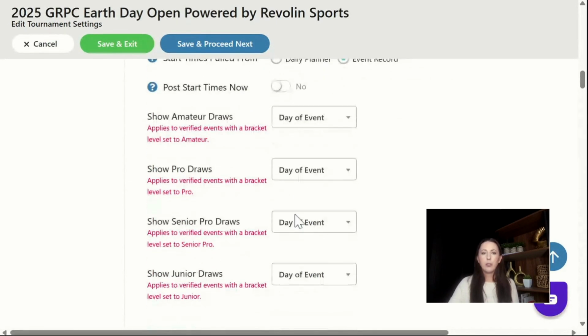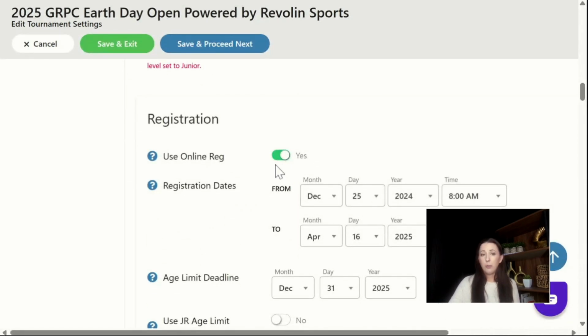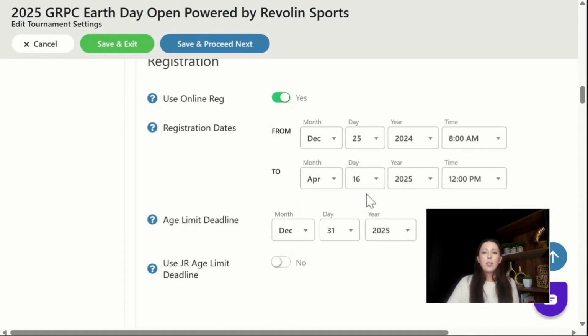When do you want your draws to show? We don't need to worry about start times right now, obviously. We want to turn on our registration. Set your registration dates. I would recommend doing your registration date minus 10 days before my event